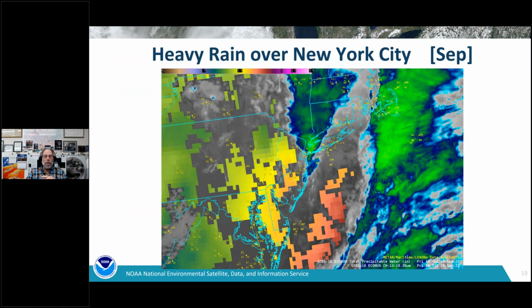Moving on to September, heavy rain, flooding in New York. So what we're looking at here is a combined product where it's clear the total precipitable water from GOES 16, and you can see all the moisture lurking off coast, and then the infrared window, channel 13 or the 10.3 micron.